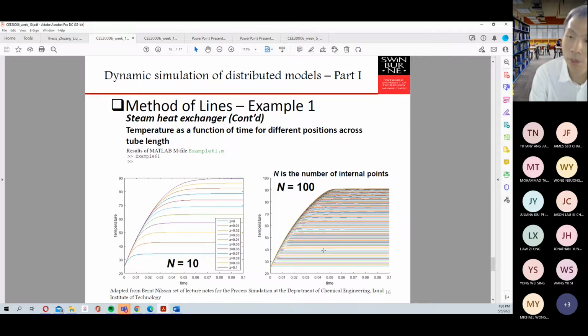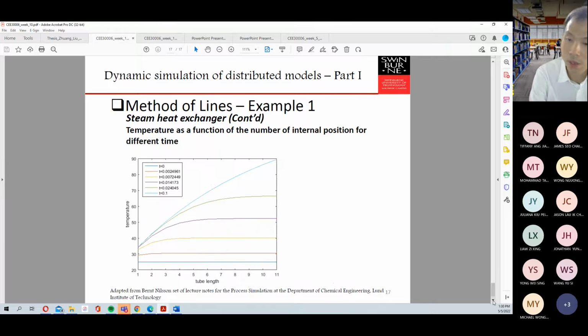Then you want to check, for example, if you increase the number of internal grid points up to 100, then what will happen? You will have something that has a higher resolution. Okay, then we can also pick another representation. For example, instead of